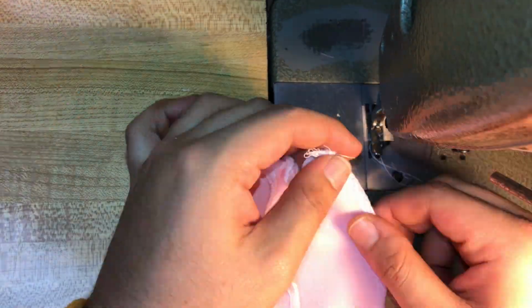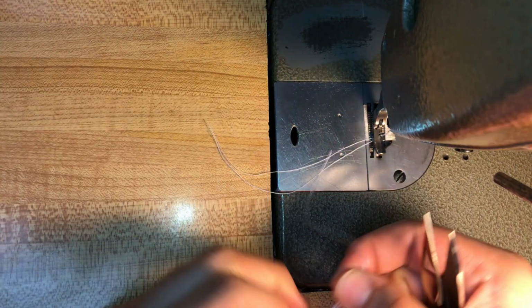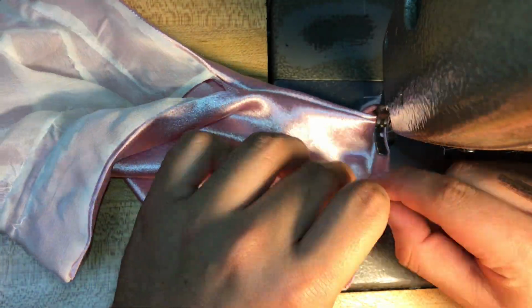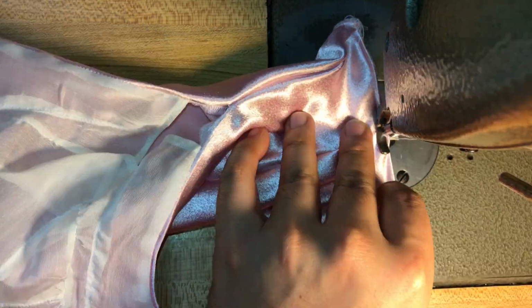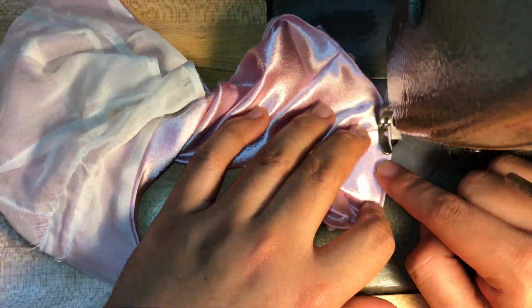Alright, so folding it over, I actually sewed it kind of wrong, I believe. I sewed my way up instead of sewing my way down. Not the end of the world, but it may affect it a little bit in the way it falls. But that aside, once we sew the side seams, let's go ahead and finish hemming the dress. So once we're done sewing, let's go ahead and give everything a good press to make sure it looks good